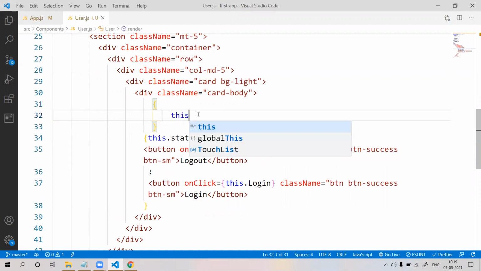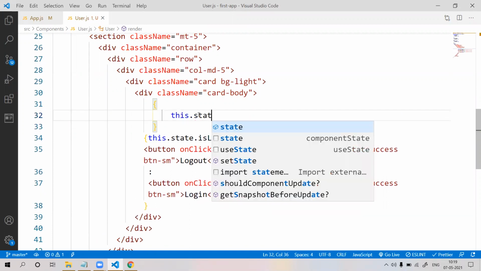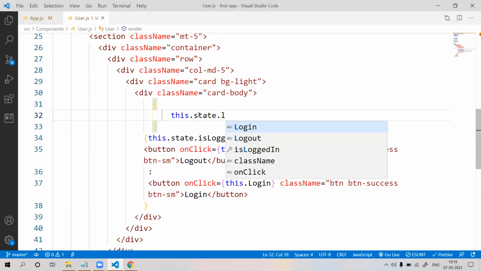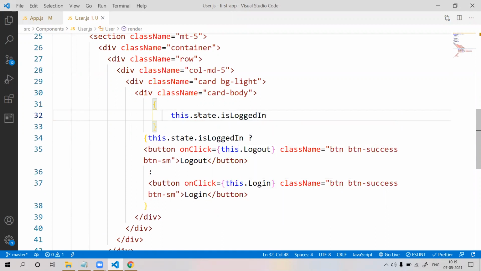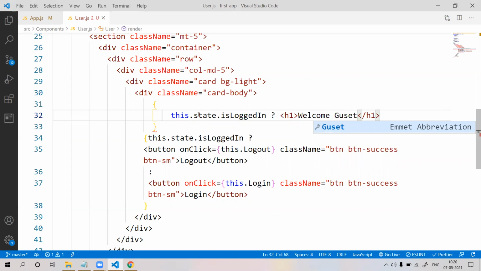If this.state.isLoggedIn is equal to, question mark, to display, if isLoggedIn, then display h1 tag, welcome guest. Okay, else you can display like this here.